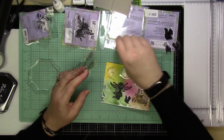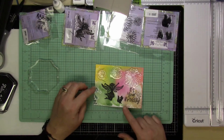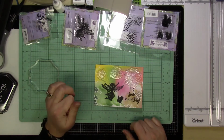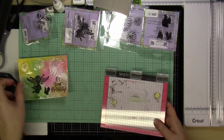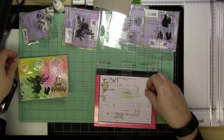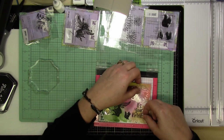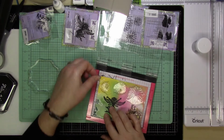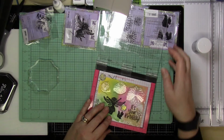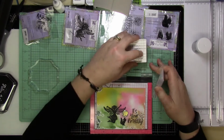But anyways, so like I said, I'm going to stamp this with embossing ink. I am going to end up getting my Misti just to put it in there, because I wanted to make sure that I stamped it a couple times to really get that embossing ink. And I also do remember to use my embossing tool to put the powder down, or the cornstarch or whatever is in there, so that the embossing powder doesn't stick all over. You can get that with anything